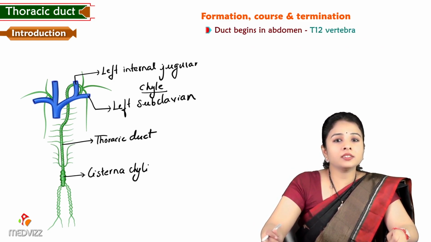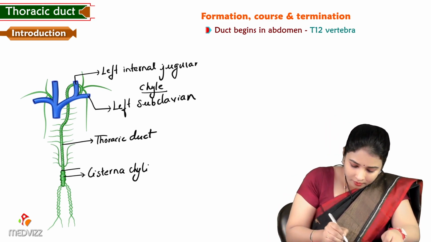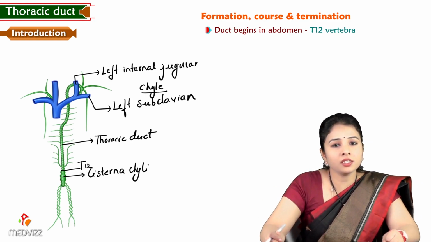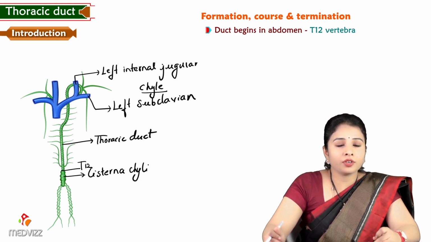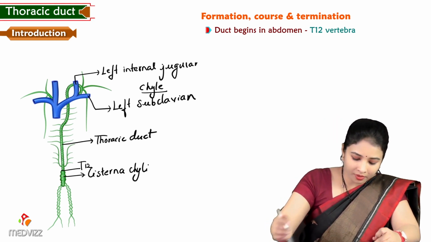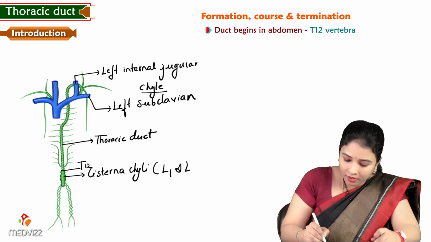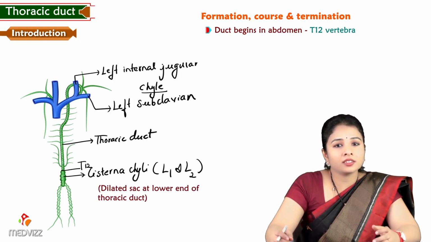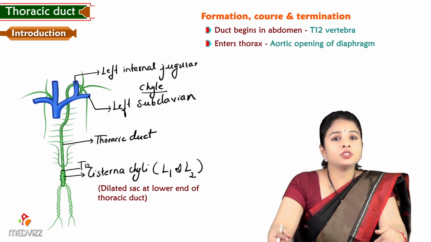The duct begins in the abdomen at the level of T12, where the cisterna chyli continues above as the thoracic duct. So it is the continuation of the cisterna chyli, which is lying in front of L1 and L2 vertebrae. The cisterna chyli is like a dilated sac at the lower end of the thoracic duct, and it enters the thorax